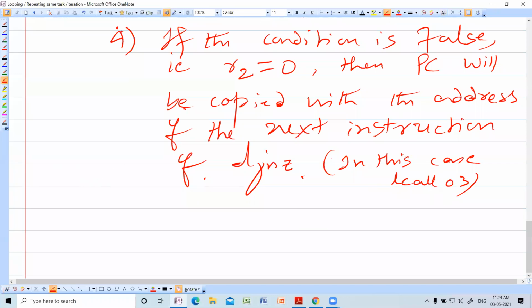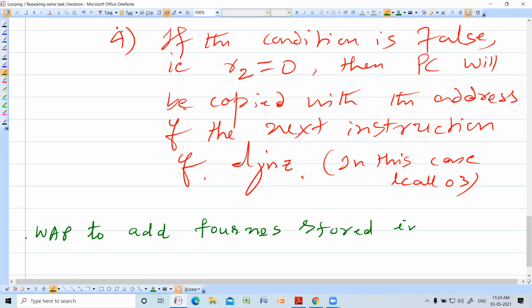So next task is: write a program to add 4 numbers stored in the memory location 30 onwards.